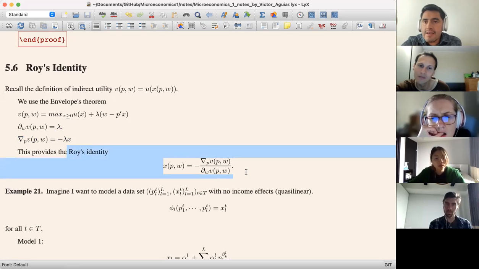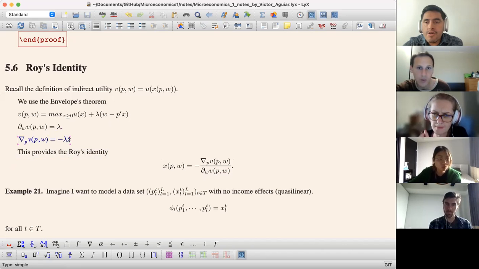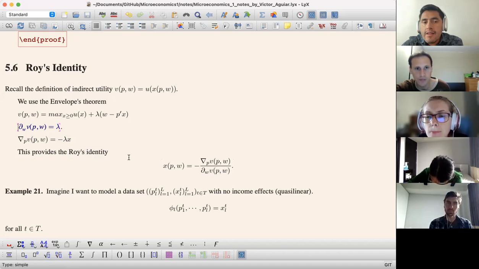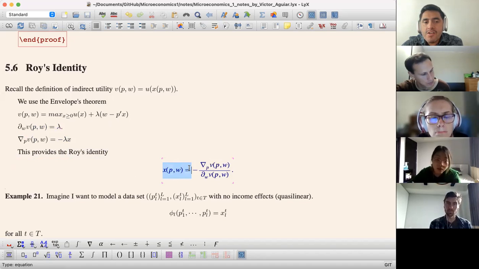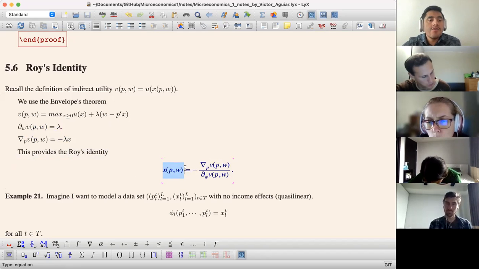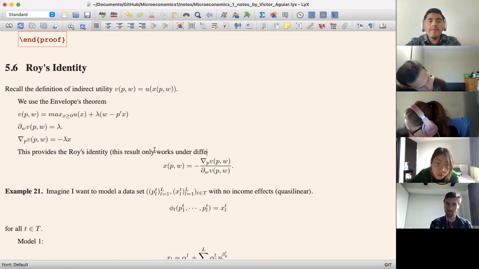So Roy's identity says: take the ratio of the vector of the marginal utility of prices and divide by the scalar object, the marginal utility of income, and then what do you get back? You get a demand. So this result works for differentiable demand, that is, a demand function. So this result only works under differentiability